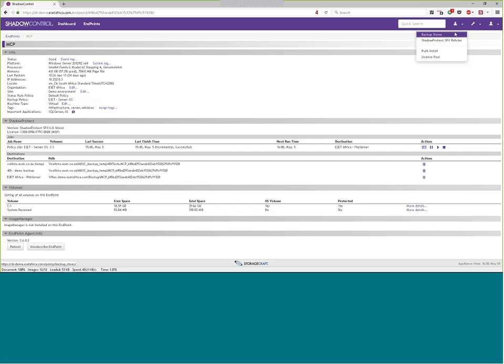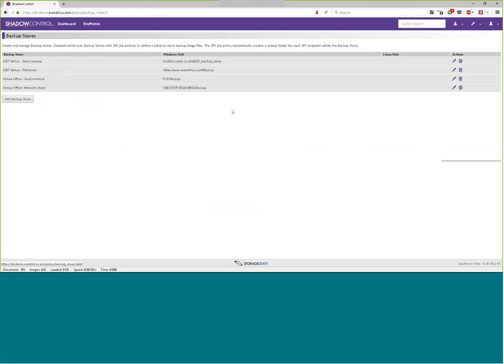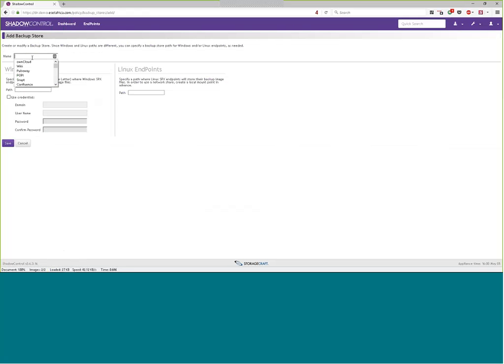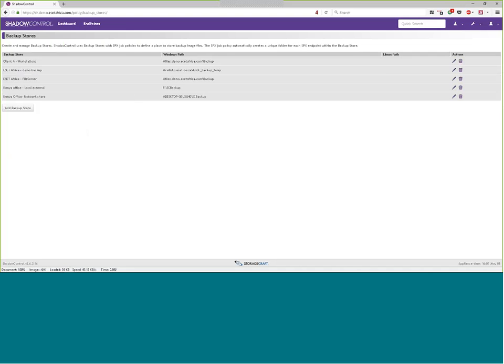Next, what I want to quickly show you is the backup policy. So I can quickly go through creating a new backup policy. You would basically give it a name, let's say client A workstations. You can give it a path which has to be local to that environment, so it obviously has to be at client A's network, at client B, and so on. You provide some details. I'm actually just going to fill in some dummy details over here. Once you've got that backup store added, sorry, then you add the backup policy.